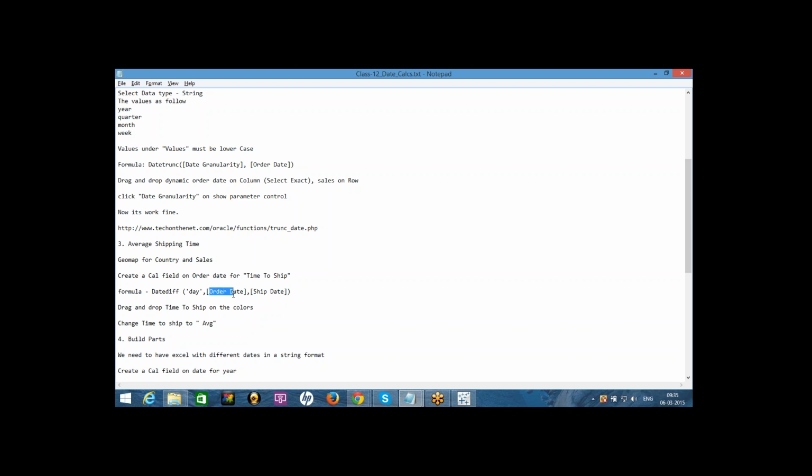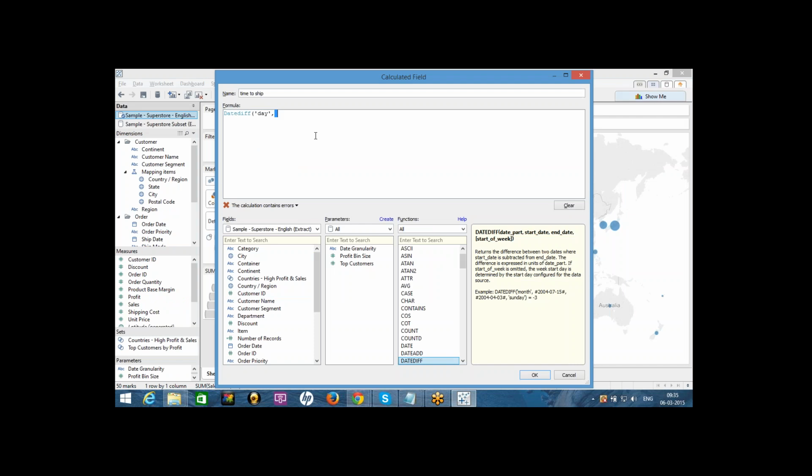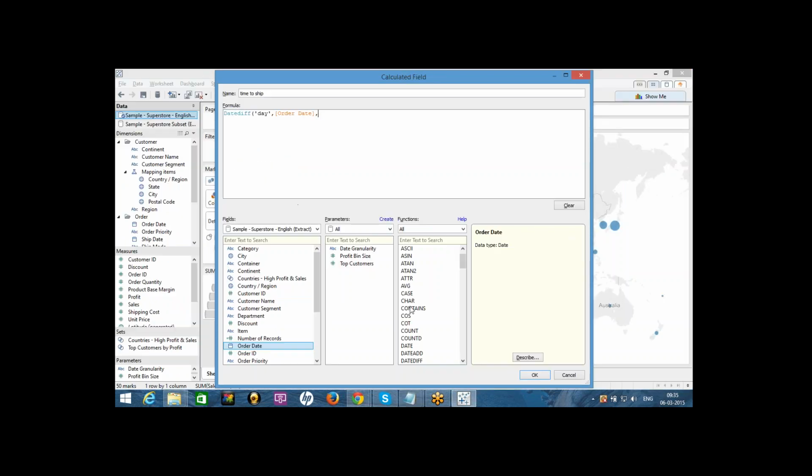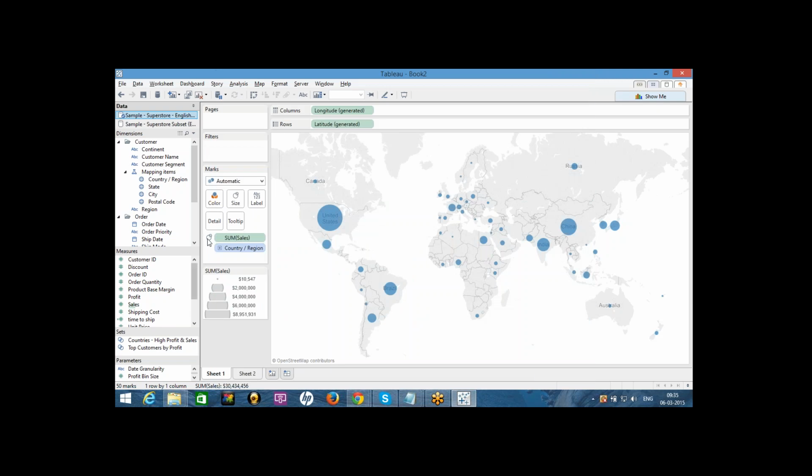So here I'm taking order date, comma, and here we got ship date. The calculation is valid. Select OK, and then here you find time to ship.